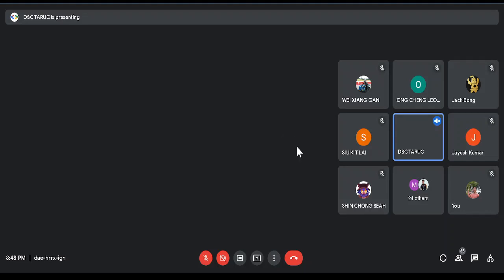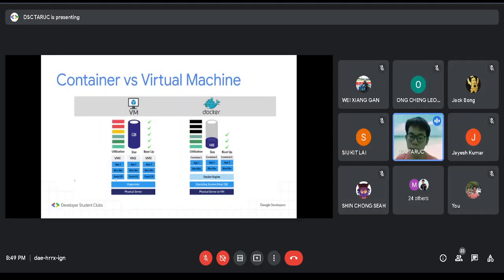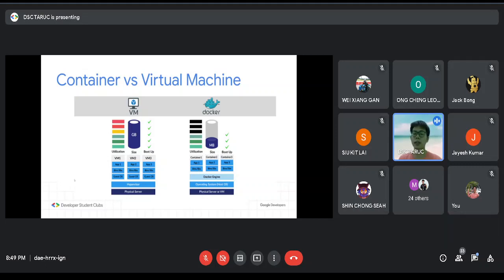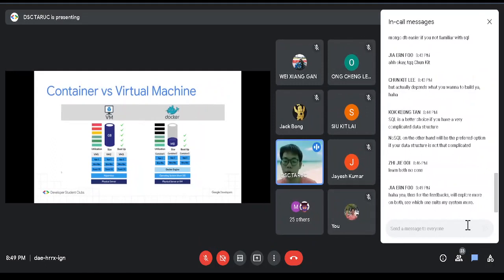So for virtual machine, in terms of utilization, when you see this graph, we actually have the guest OS, binary files, and apps. But in Docker, we only have the application and also the binary and files. So in terms of utilization, for the VM, it actually has a lot of overheads due to loading different OS,